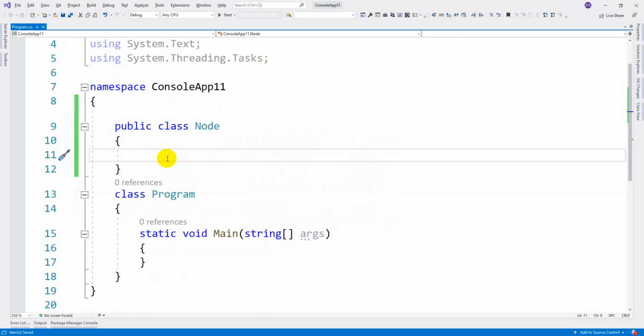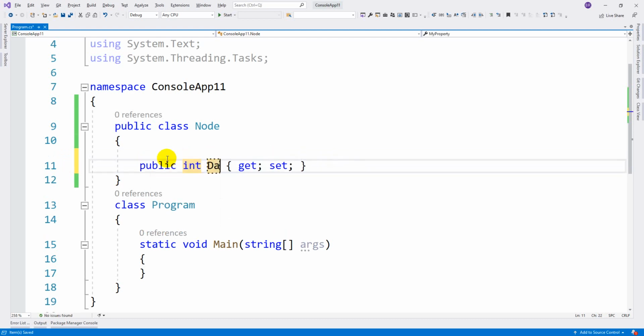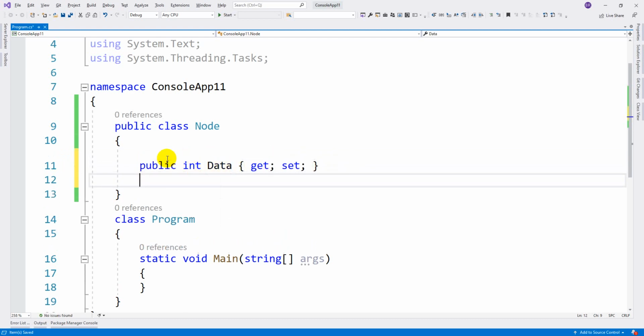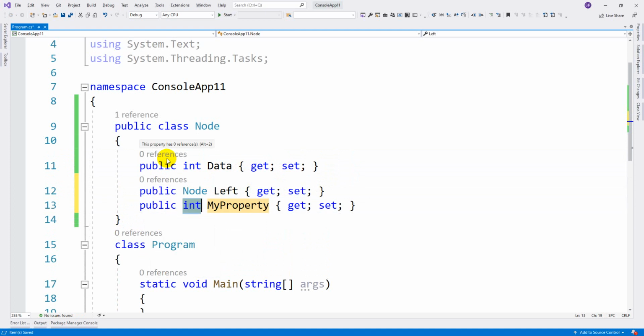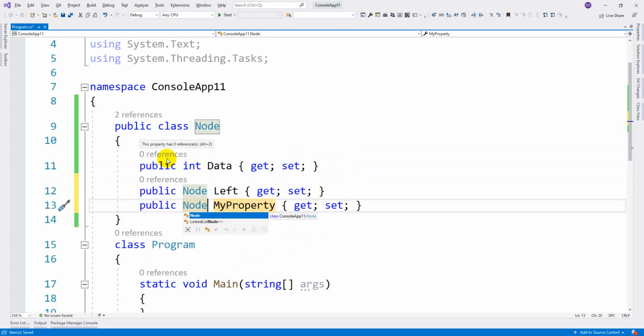Let me take the properties: int Data, the data that you want to store. Then you will have two things, one is the left node and another one is the right node. So Node Left and Node Right.